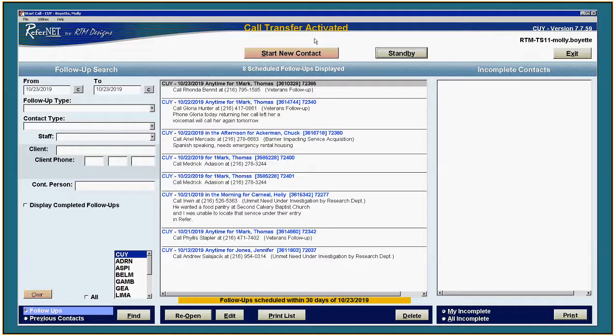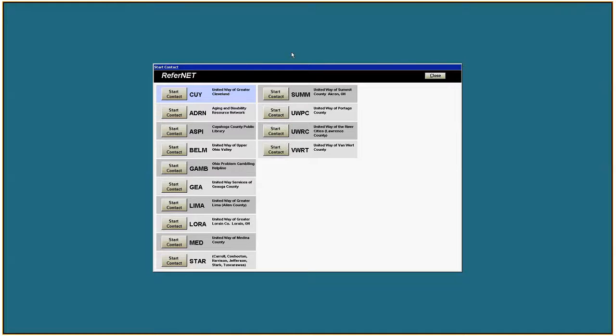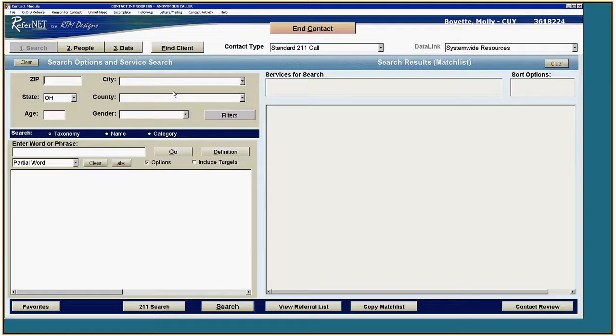First thing we're going to do is start a new contact, and we're going to be sure to select the Cuyahoga County Access site. Our Help2Veterans program only covers Cuyahoga County. Okay, so I'm going to begin the search and refer just like any other, and I'm going to enter in